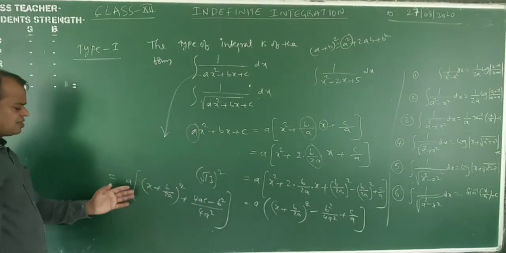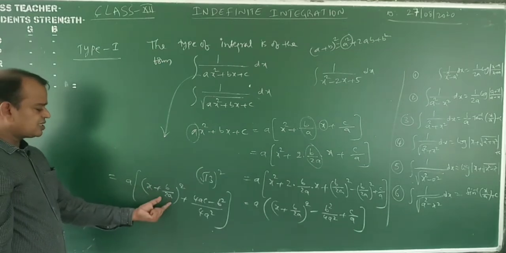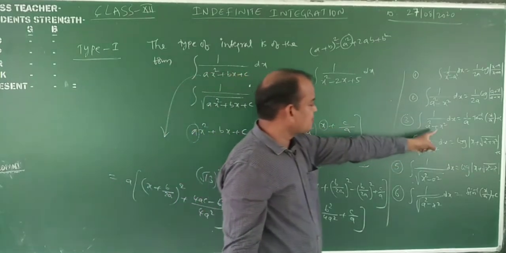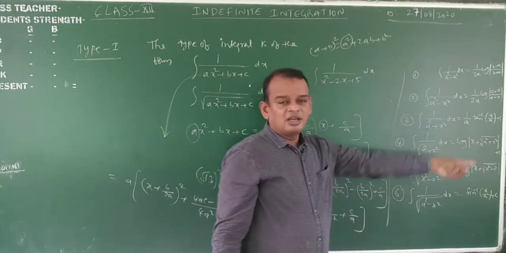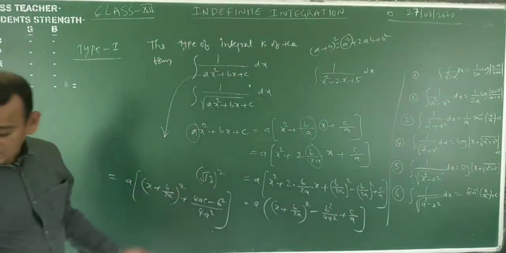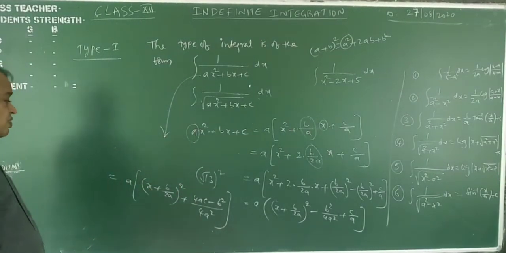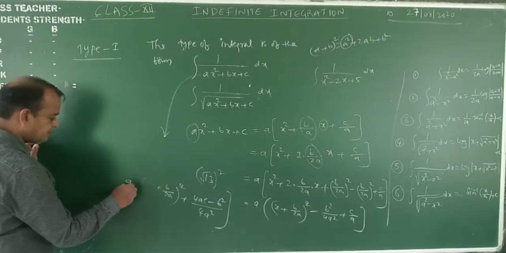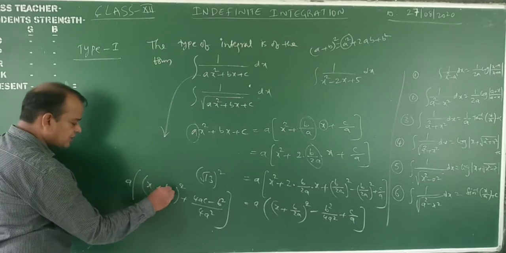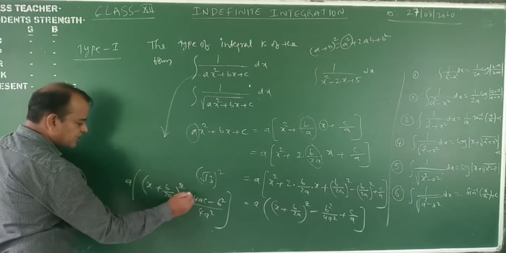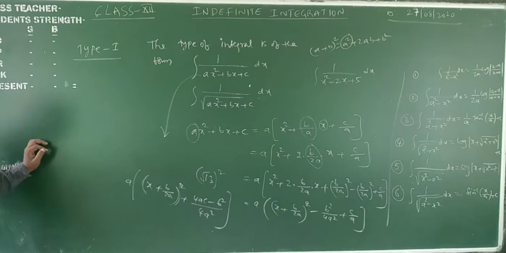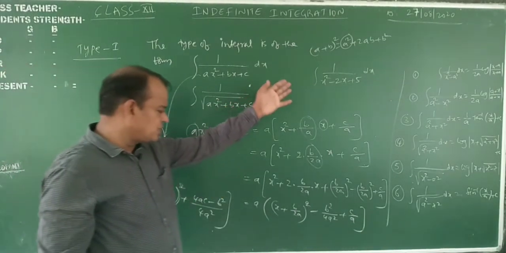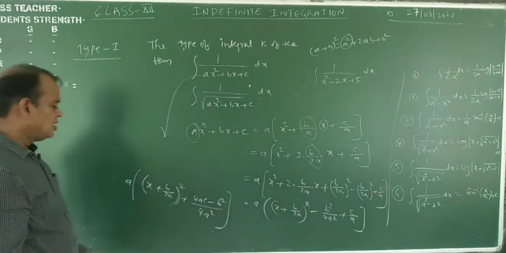Now a constant, suppose here it is 1 by x square plus a square. 1 by x square plus a square, this is the formula. How to do it? In this way we will do the perfect square of the two numbers. This is a into (x plus b by 2a) whole square plus 4ac minus b square by 4a square. We remember this formula easily, we don't go through this total process, otherwise we will remember this formula.